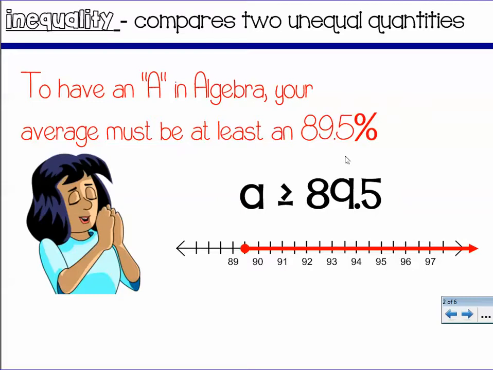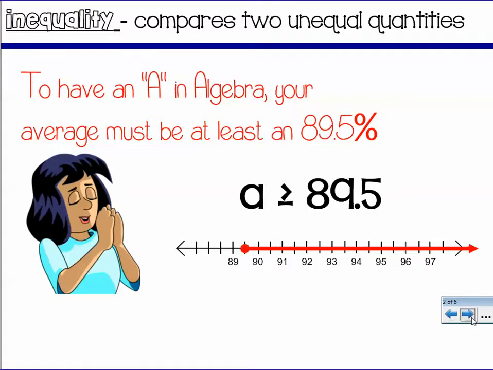So here's a situation that you're probably all familiar with. You're praying and you're hoping that you have an A in algebra, and so in order to do this, your average must be at least 89.5%. This is a situation that can be represented by an inequality. So A, our average, has to be greater than or equal to 89.5. If I just said it had to be greater than or equal to 90, that would not be true, because as you are also aware, it will round up. So I have a closed circle on 89.5 right there, halfway between 89 and 90. It's closed because if I have exactly an 89.5, that does round to an A,